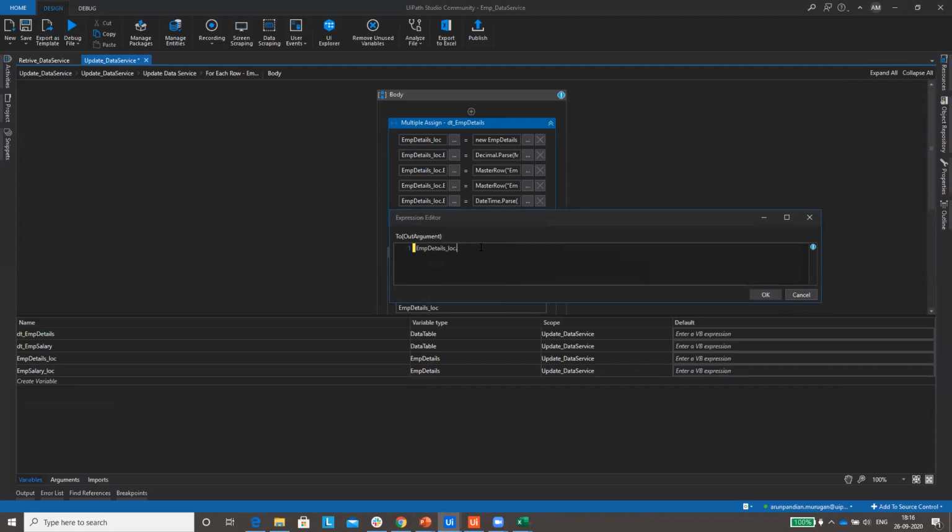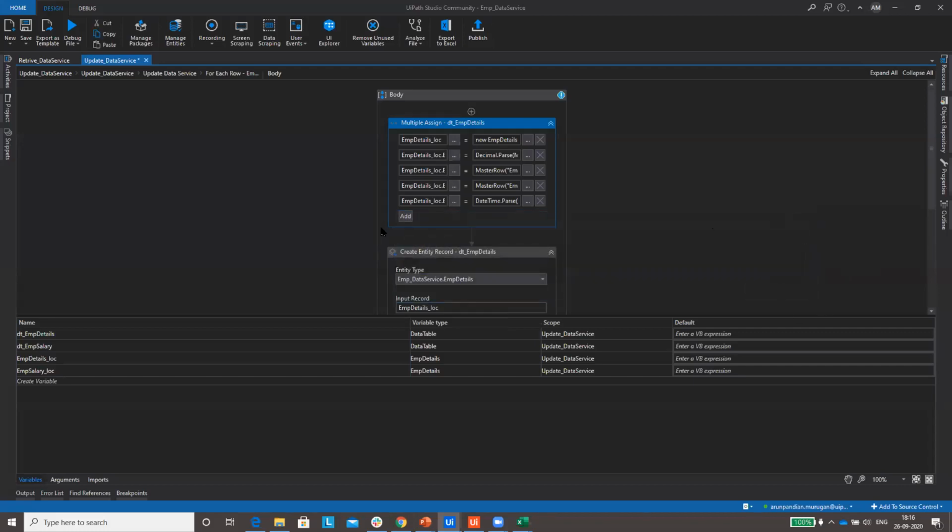The only thing is the fields you have created. In my case, let me give a dot: EMP ID, employee name, and similarly whatever I have created, I give that field name here and assign a value to it.